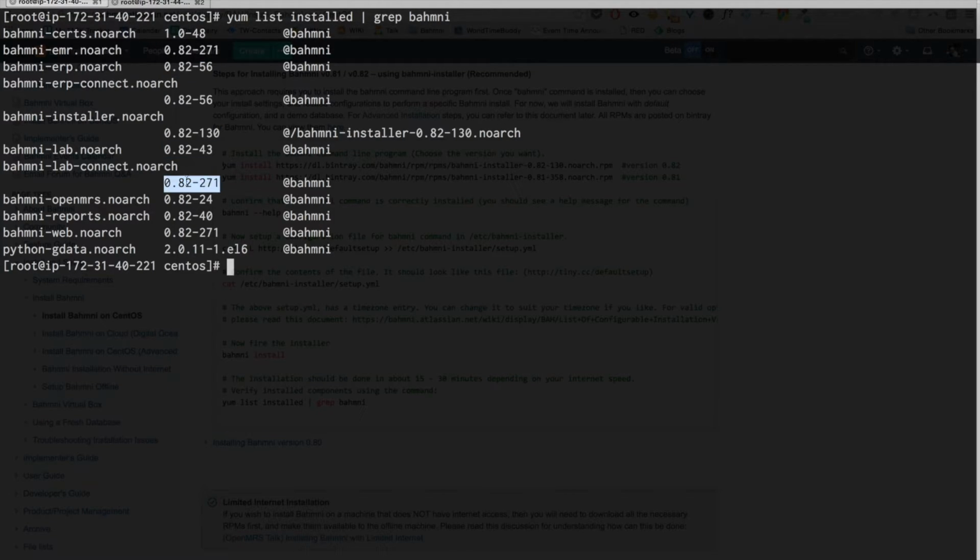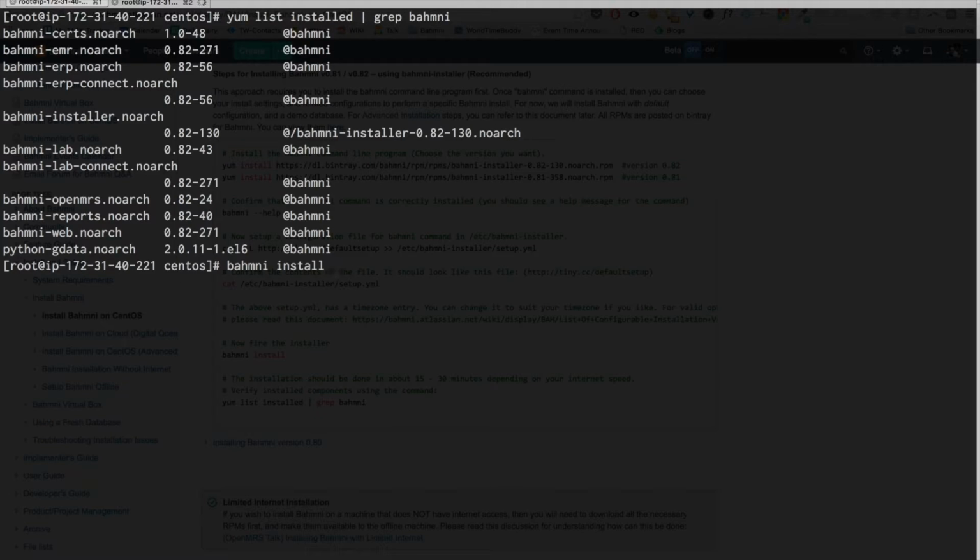And if you feel like, hey, this is the wrong one, you can remove it using yum remove. For instance, I can say yum remove and then any of the packages, like bahmni-emr, and press enter, and that package will be removed. I can reinstall again after that by saying bahmni install. Bahmni install you can run as many times as you feel like. When you run bahmni install, it will check whether a package is already installed.